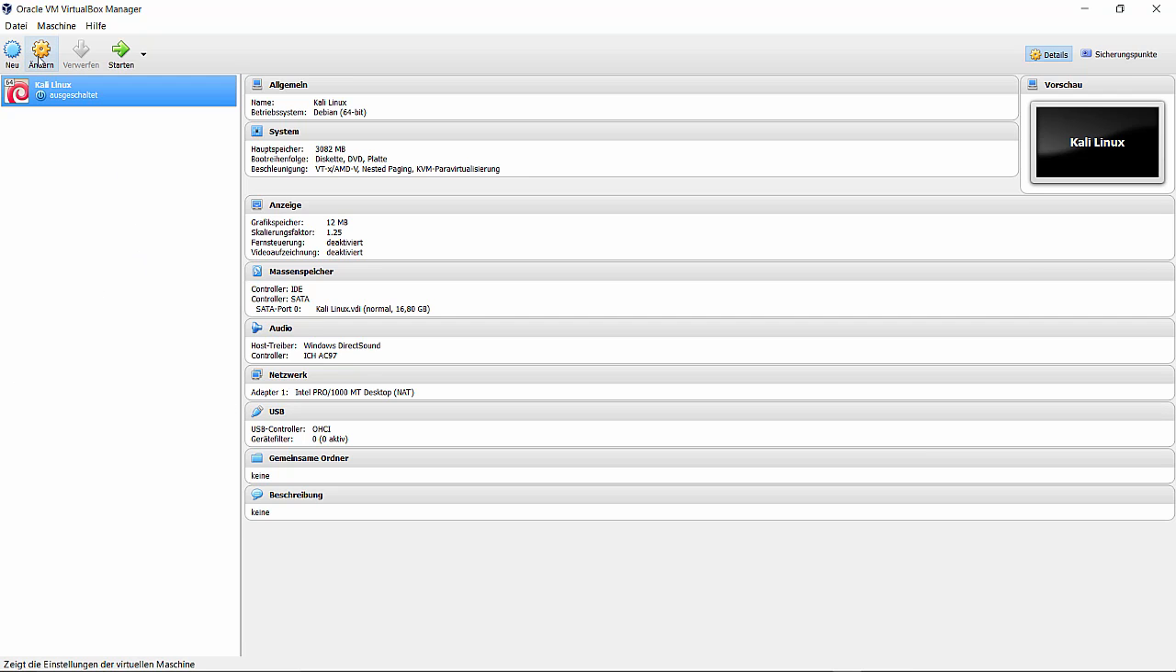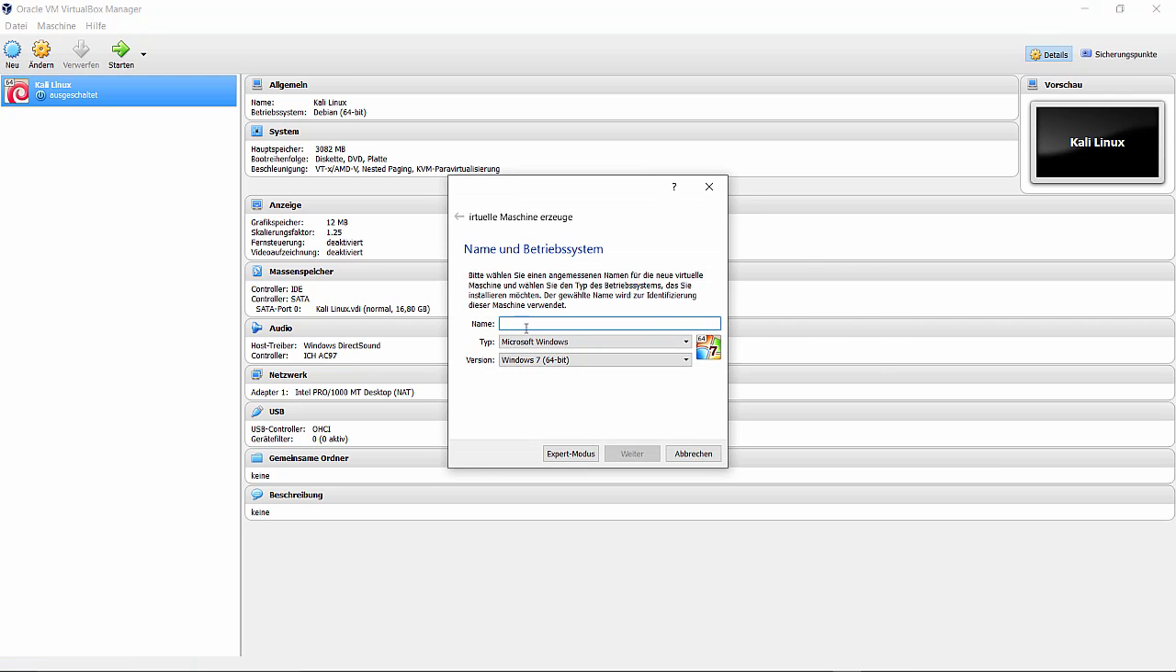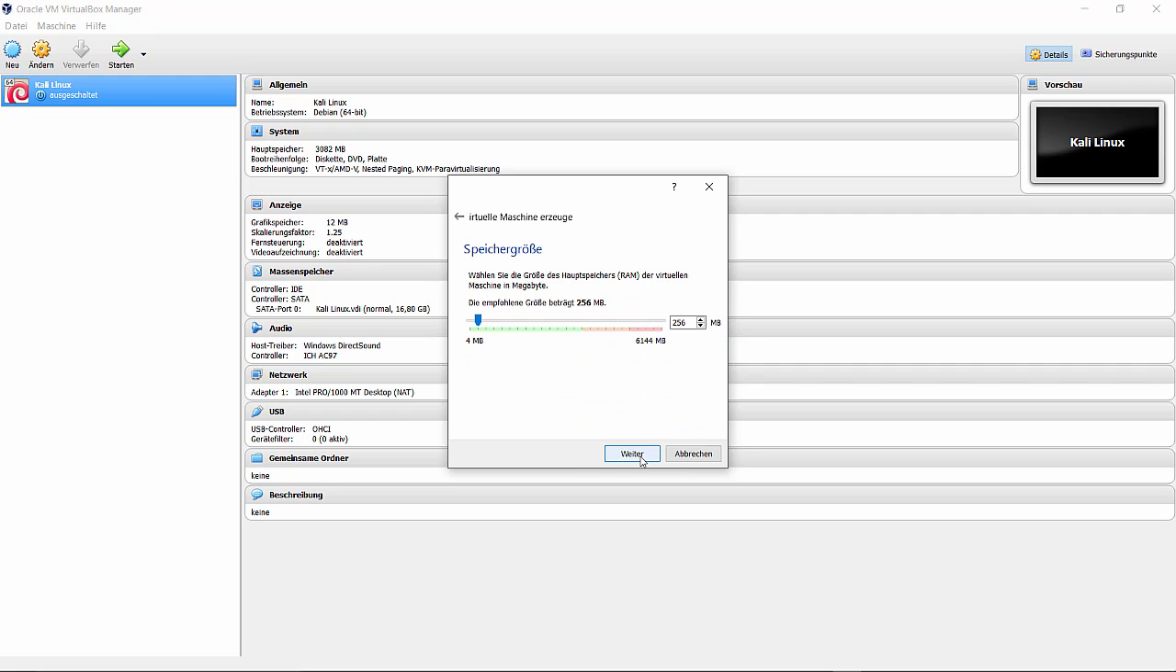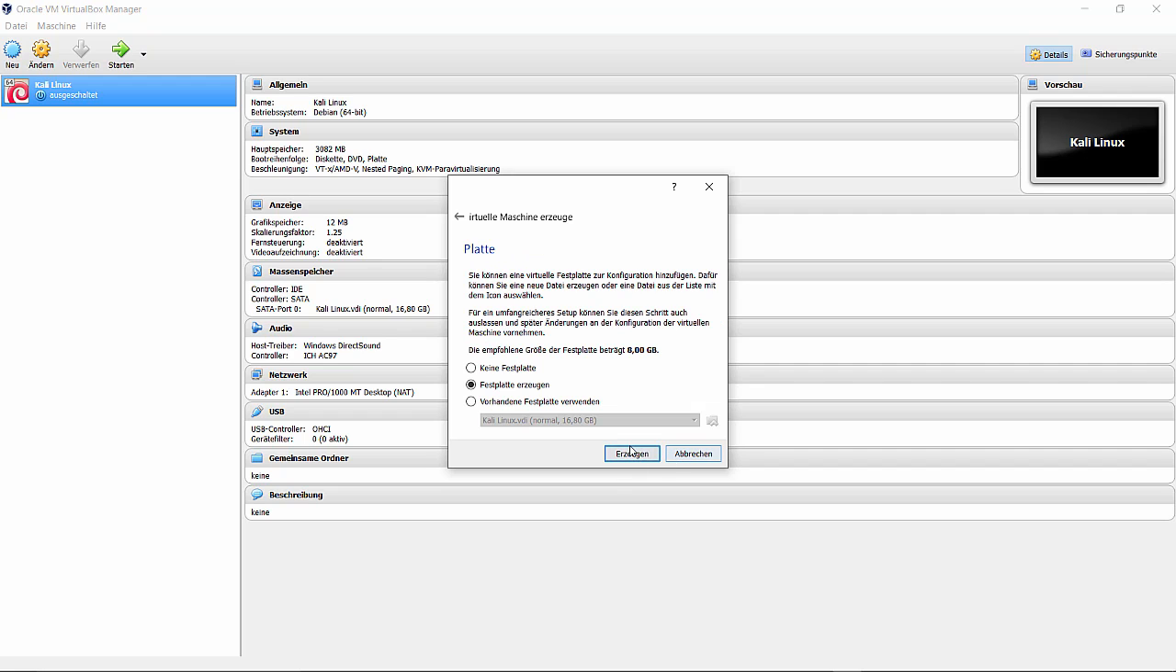So let's get started. First, we will create a new virtual machine. We will call it Android. Type Linux and Linux 2.6 for 32-bit. We will go on, select the memory. We will give it about 1.5 gigabyte primary memory,